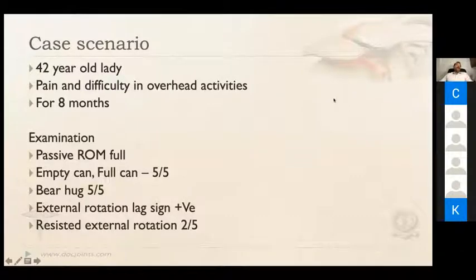So what are the reasons for an isolated infraspinatus weakness? What should strike your mind when you see this? Normally in an OPD, you test the empty can and full can, and when the supraspinatus is okay, you are fine and you are happy with the rotator cuff, and you don't go further, because that is the first muscle which tears. But this is not a muscle tear. This is something else. What can it be?